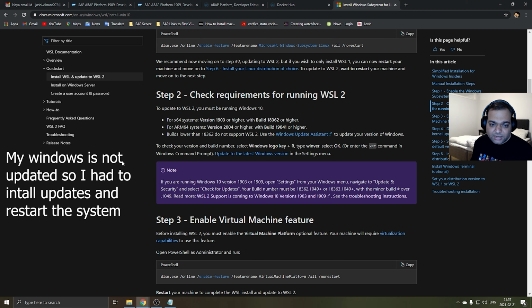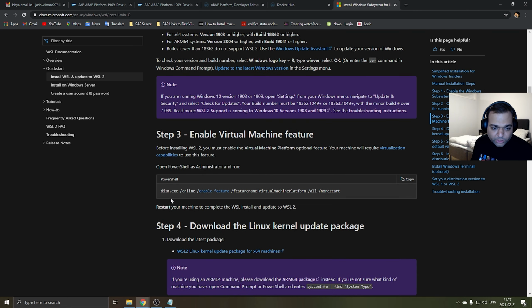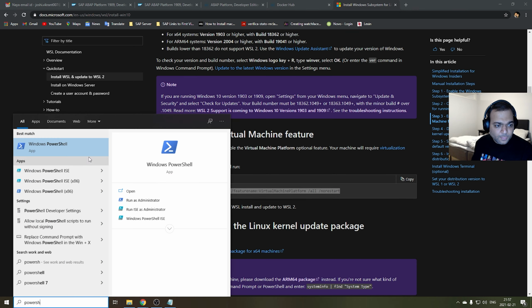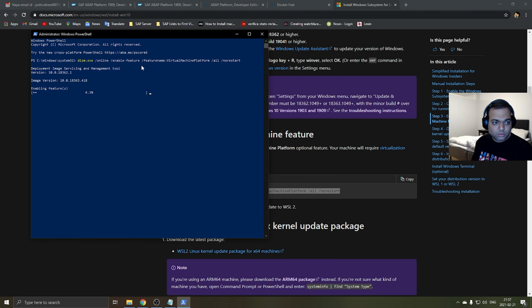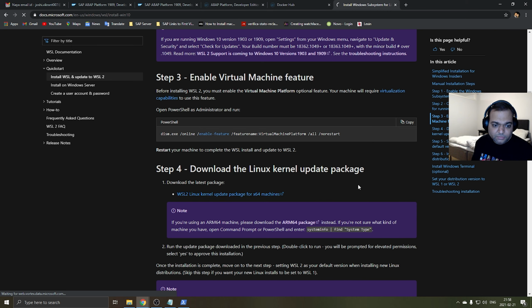So now the machine has restarted and I have again opened all the relevant links. So now this step 2 is done. Now I'm going to step 3. Again, it is asking me to run this command in PowerShell. So I will do it in admin mode, and it ran successfully. Then it is asking me to download this package